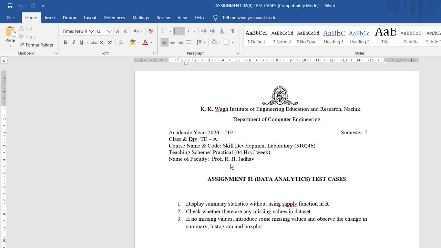We have seen the sapply function. So without that function, can you display the summary, that you have to check. Also you have to check whether any missing value is there in the data set. If there is no missing value, then you can try to include the missing values and see the changes in the observations of the histogram, box plot and so on. Okay, so these are certain test cases that you need to perform.